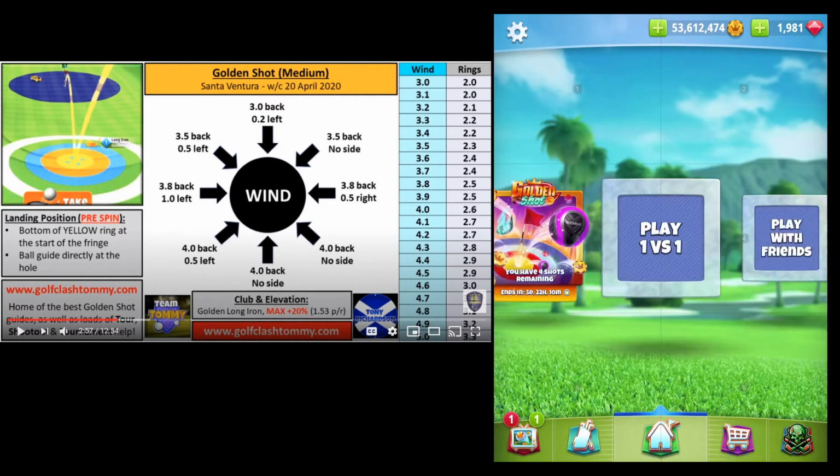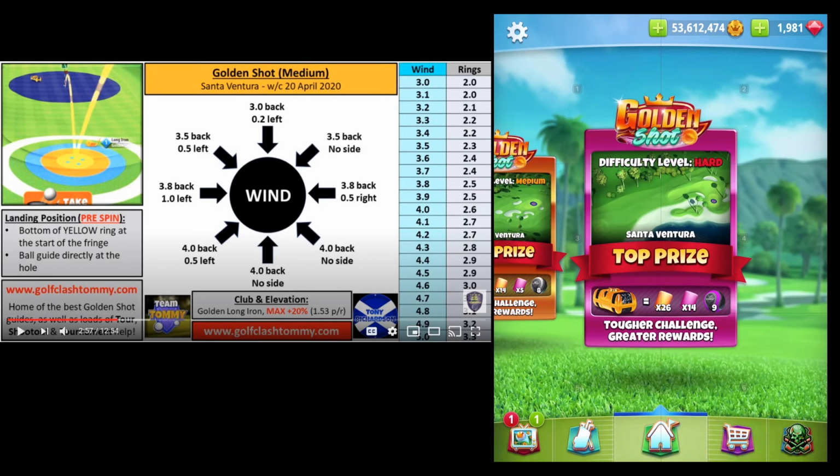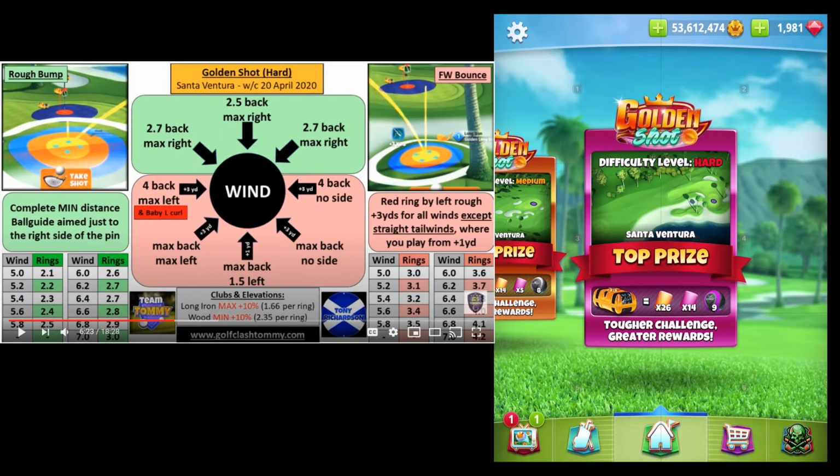All right, so let's go on to hard. And let me pull up the hard shot here. I have not played this yet, so I really have no clue exactly what this is like, other than the fact that it looks really hard. So it looks here like there's a rough bump if you have a headwind, because they're going to use a wood shot, and if you have a tailwind or a crosswind, then you're going to use the long iron, primarily